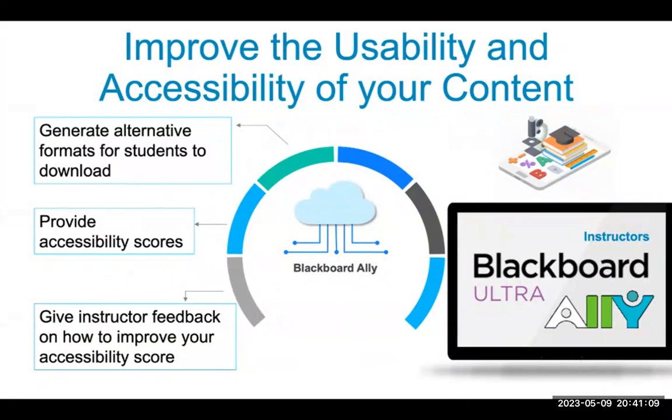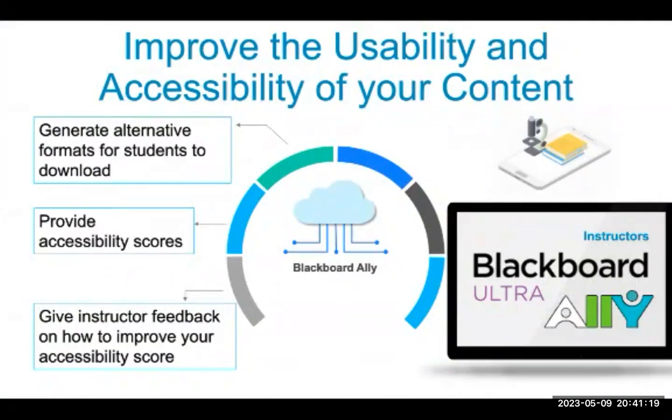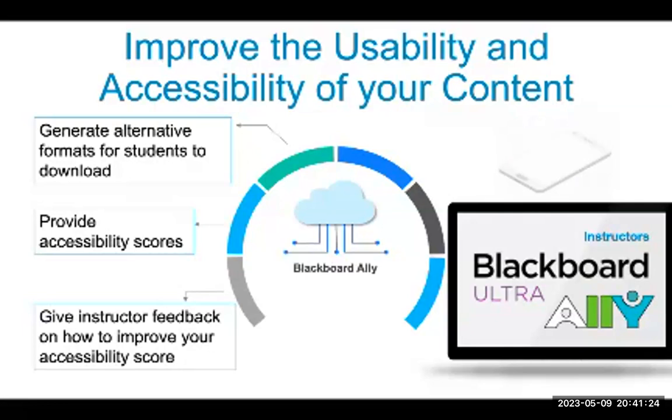HTML for improved reading on mobile phones, electronic braille for the visually impaired students, and audio for learning on the go. LA automatically scans your original content and performs a series of steps to make them more accessible. So this is another best option available for the LA tool: once you have created your content and you are putting your content in the LA tool and want to make it more usable, it will apply different types of steps, and at the end will give you the report that you need to improve your content